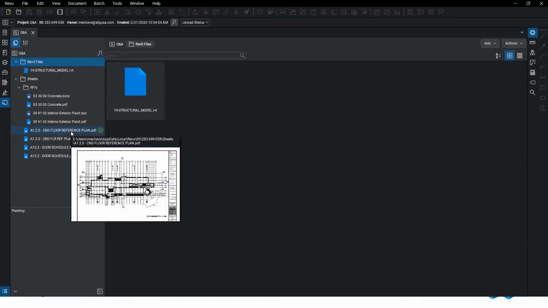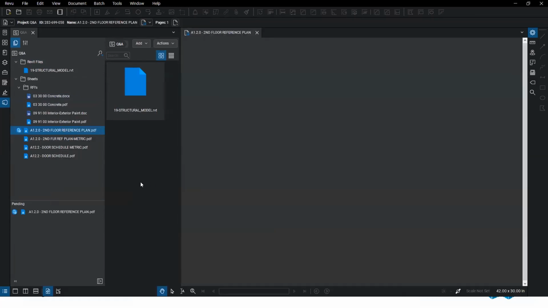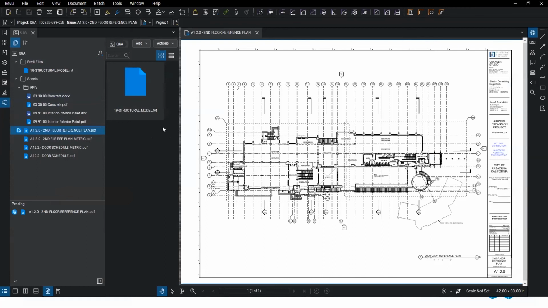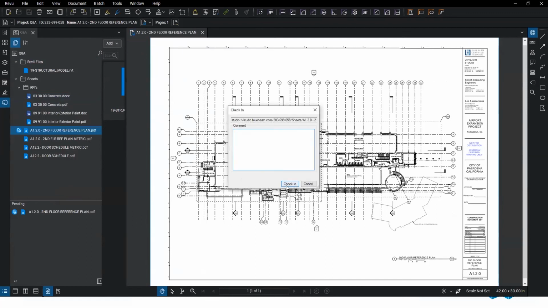But the great thing about Studio Projects is if you've checked it out, you can actually update the server copy so that whoever is looking at it can see what you've made comment-wise. So if I wanted to see the second floor reference plan, I could check it out, and then I can open it as well. As we see here, it has been checked out. This is the icon letting you know that your item has been checked out. So if I check it back in,